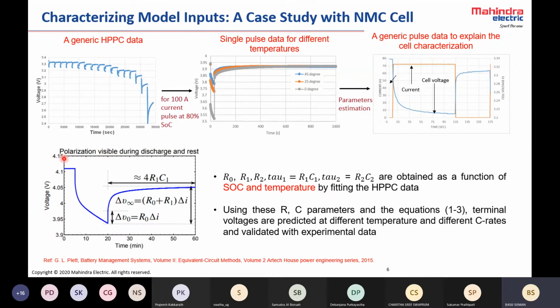Now this is a simple way of figuring out the R and C parameters. When the load is taken out, the cell voltage jumps up. That gives R0. Then it slowly becomes flat. So this value is R1 C1, and the total voltage recovery is R0 plus R1. So this was the work of our one pair RC circuit, but we do two pair RC. So we do a little more optimization to figure out R1 and R2.